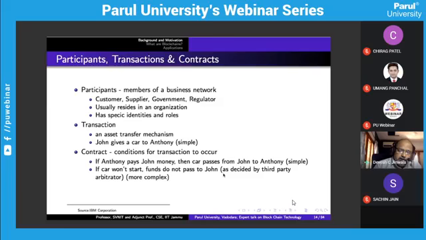Now, who will decide whether the car has actually started or not? So that's why the third party. When we say that a third party is imminent in the transaction, it means that the third party is somebody who